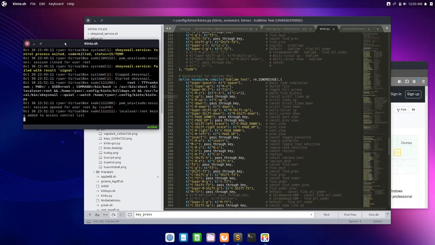I could definitely show off, I guess, more parts of Kinto itself and how I use it. But basically, if you're a Mac user, you're going to be very familiar with it already, and hopefully you'll be pretty happy with what this allows for. So yeah, if you're also just trying to move over to Linux or even Windows a little bit more, this will definitely be helpful, because right now on my laptop I'm running Windows 10 for the most part,